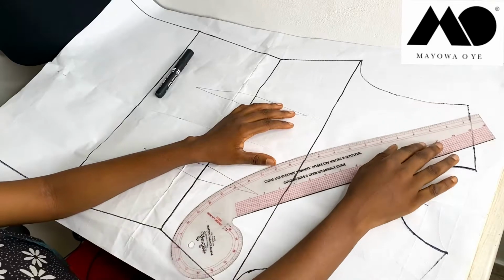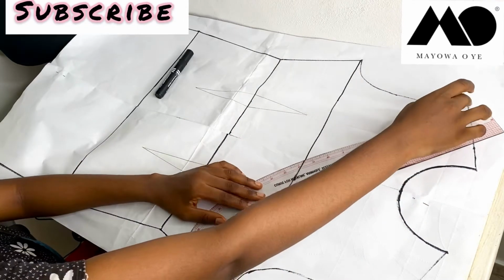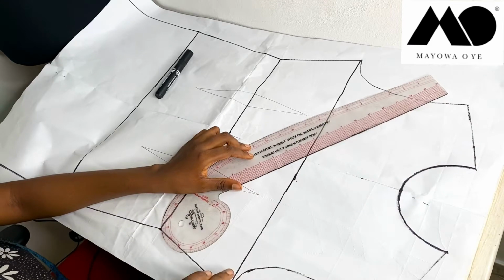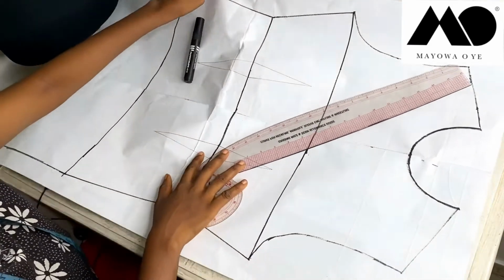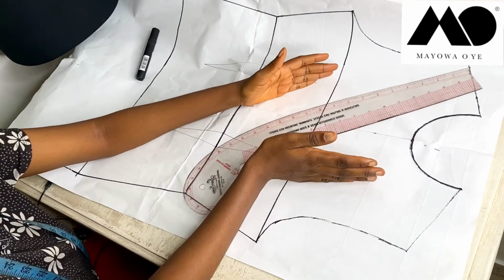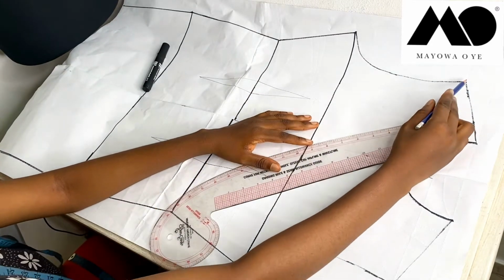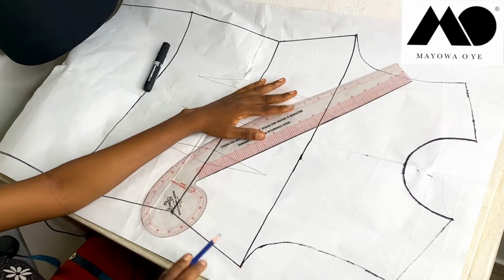So now I'm going to start with my style line. The first style line is the one that goes from the shoulder here right to my armhole level at the other side here, because this is a full complete pattern. So you are going to need a complete pattern to draft this pattern. So I'm going to draw a curved line right from here down to my armhole level at the other side here,